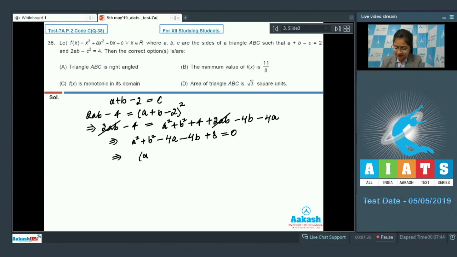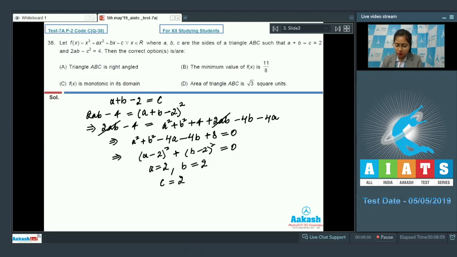That can be written as (a minus 2) whole square plus (b minus 2) whole square equal to 0. Sum of two perfect squares equal to 0, which means that both of them should be 0 separately. That is, a should be equal to 2 and b should also be equal to 2. So, putting the value back, we can find the value of c equal to a plus b minus 2,